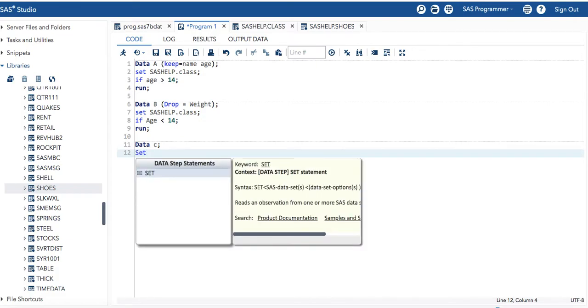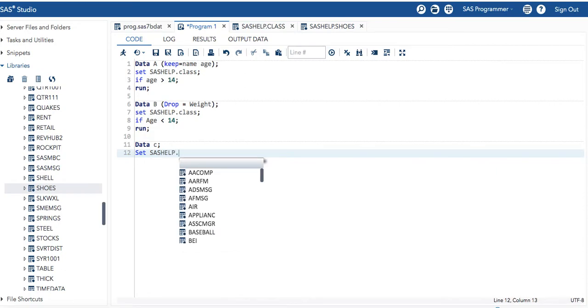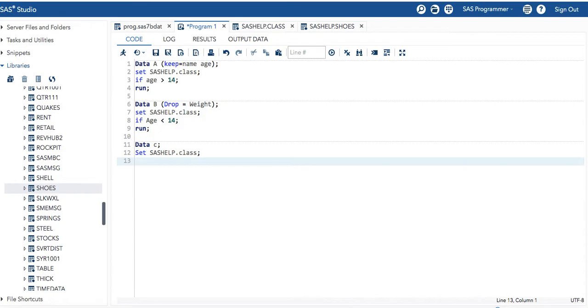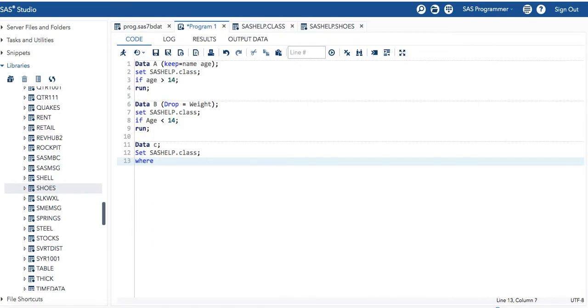I'll tell you where. Set SAS help dot class. Let's put the filter where here. Where sex equals to